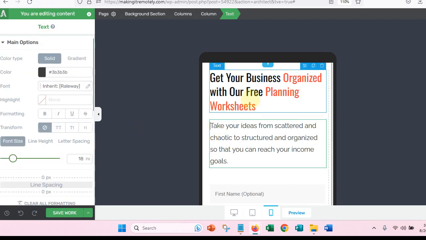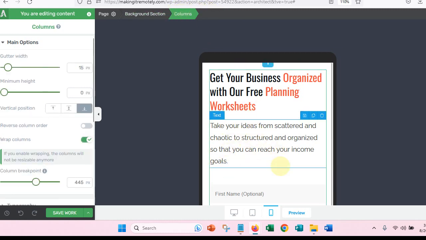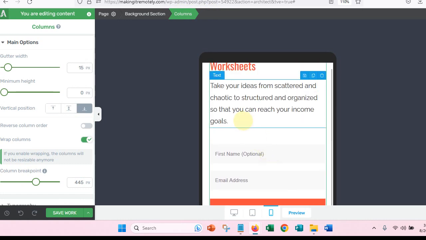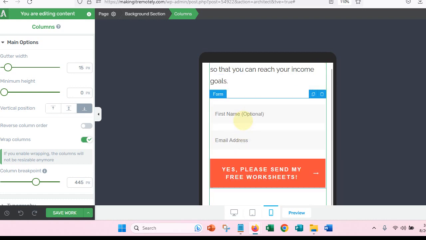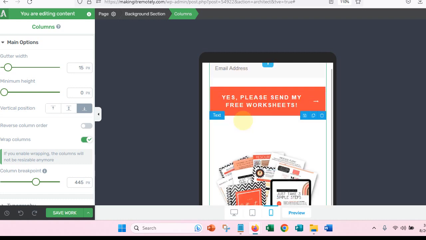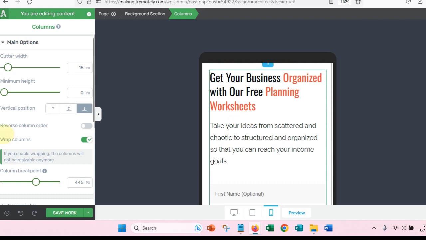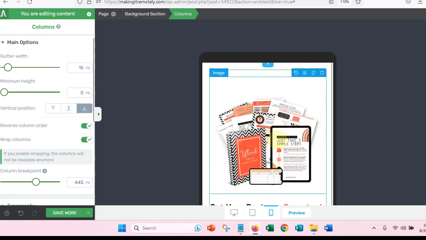So I'm going to click on, in the breadcrumbs, I'm going to go up here and click on columns. That's going to select all of the columns in my section. This is a table that's been set up, and it's going to select all the elements of that table. So I want to reverse the order of my table so that my freebie is the first